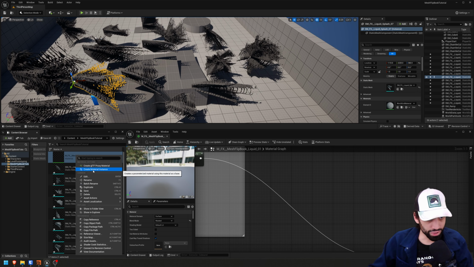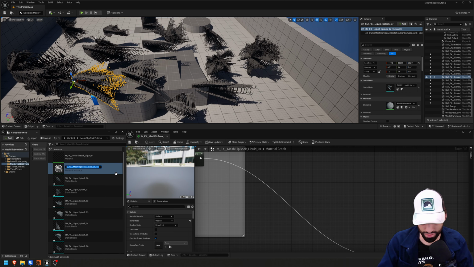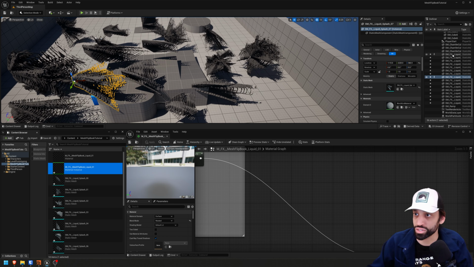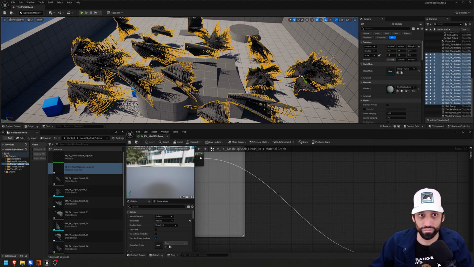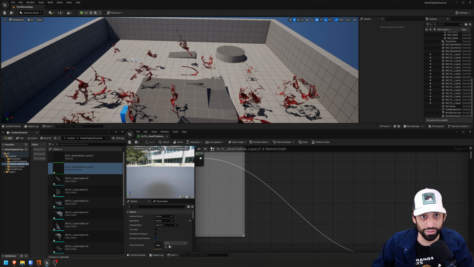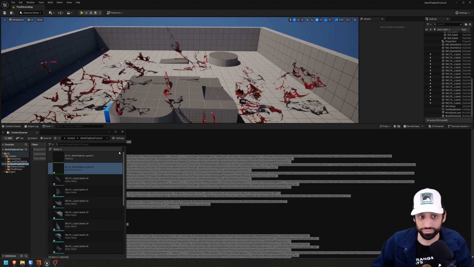Let's create a material instance of this. Rename it MI for material instance, and then remove the end. Cool, so now we can apply this on all our meshes. If I click this, ta-da, you can see